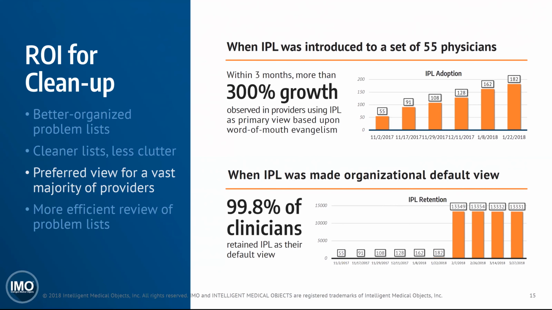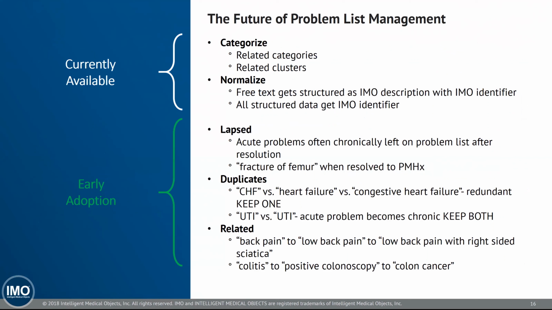So to sum up real quickly, and this slide may be a little bit dated because the items that we have listed as early adoption are practically available at this time. So although they're not completely in general release, we'll keep them labeled this way for now, but this is not something that we're thinking about doing. This is stuff that's done and is going to be available out there. But what have we done so far? What have we talked about?